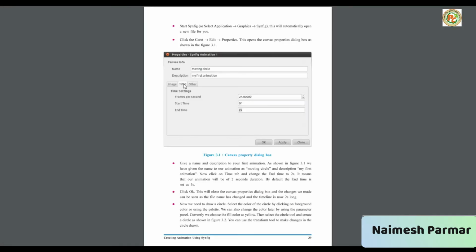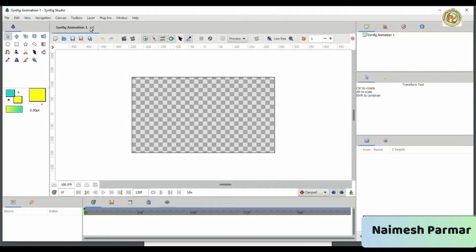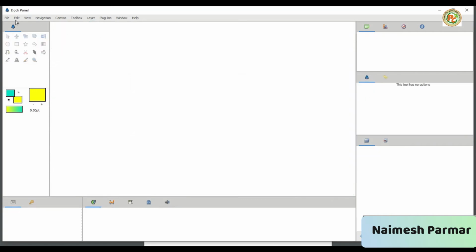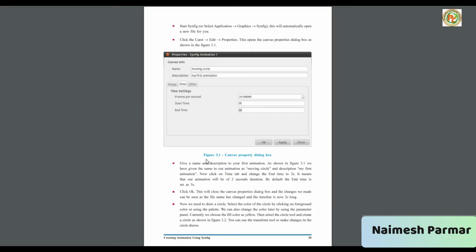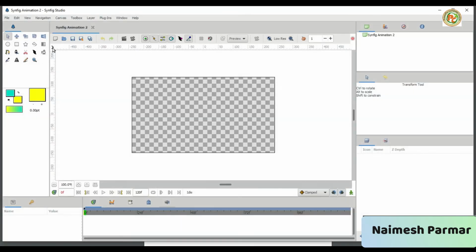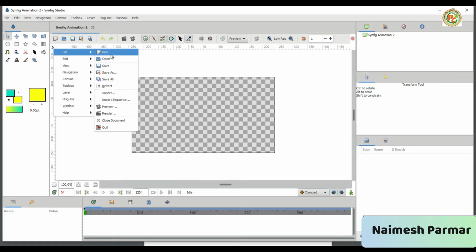So let's start. First we are going to create a new graphic application. By default one is given to us, okay, but we don't want it, so click on this. Now click on File and New, so that your new file will open. In a computer textbook this is given here, then click on the caret, okay. This is called your caret. When you click on it, the entire menu will display here, okay. So go to File and click on New, and your new file will open like this.